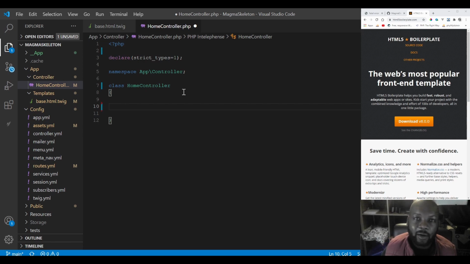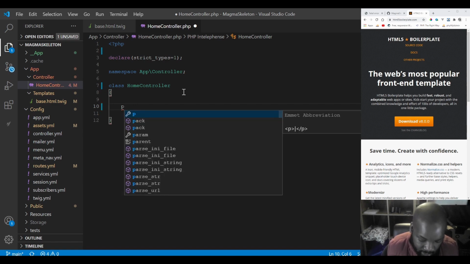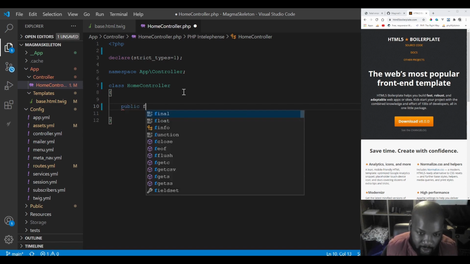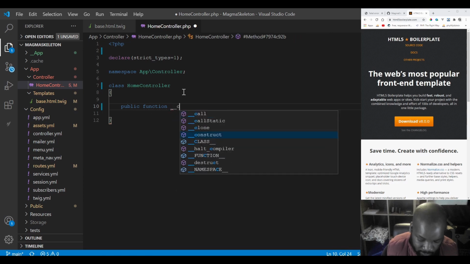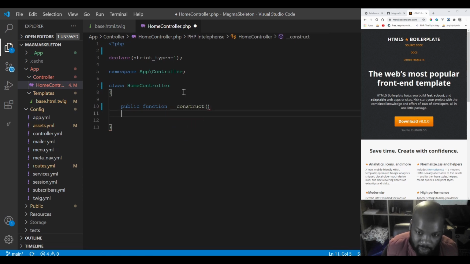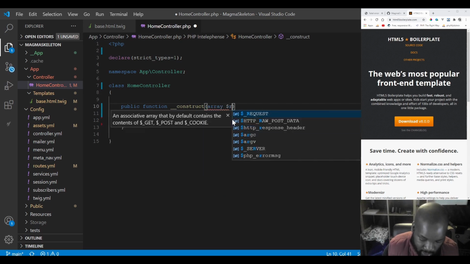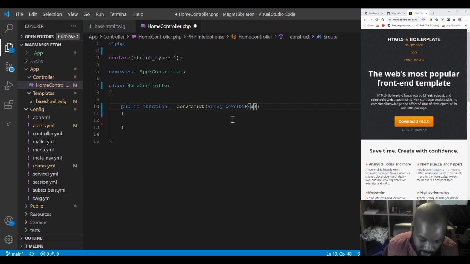Now, within our controller, there's a couple of things that we need to do. We need to declare a public constructor and pass in an argument. So if I say public function construct, and the argument is an array. So we're going to say array, and that's going to be the route params,